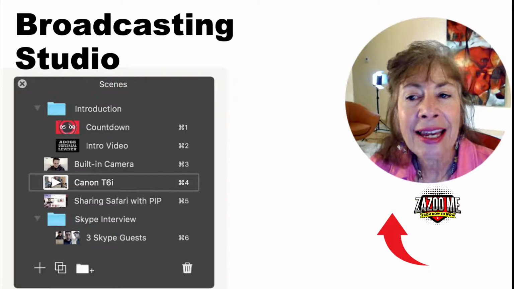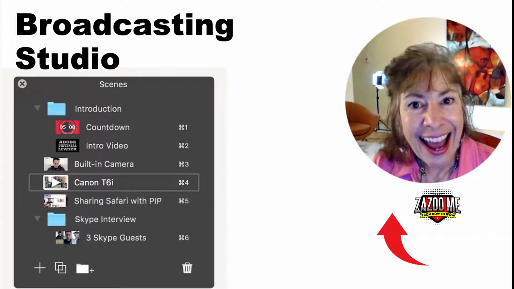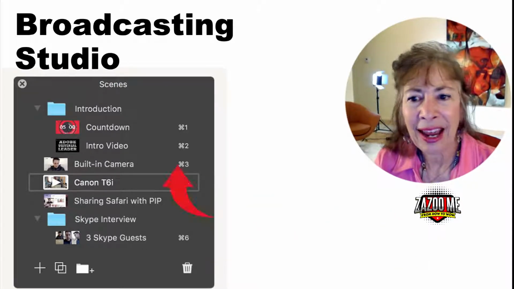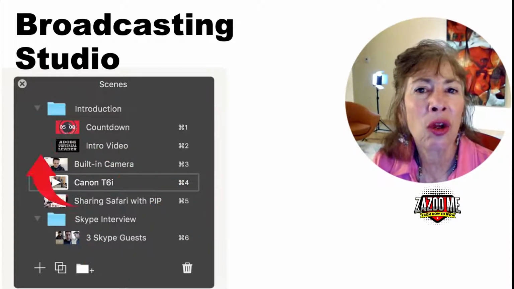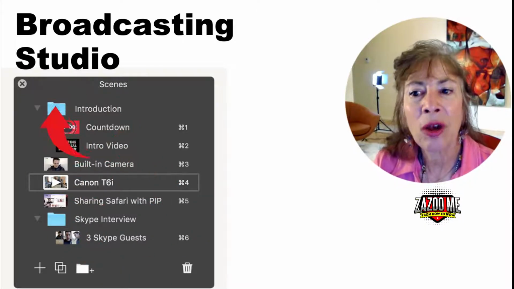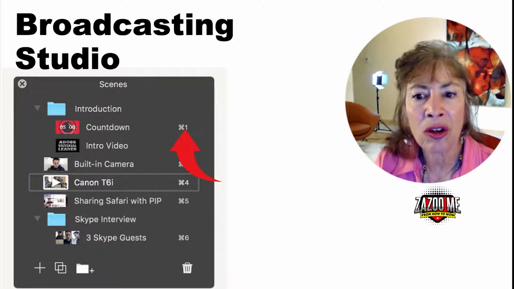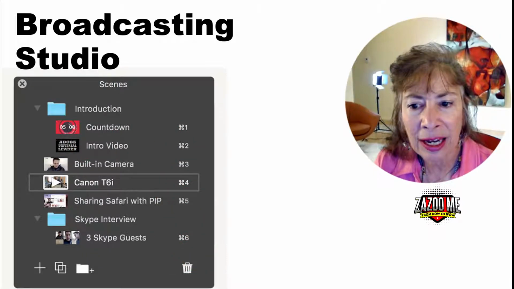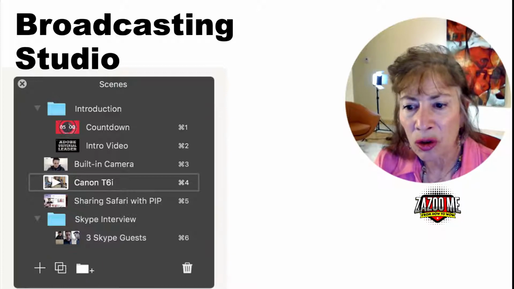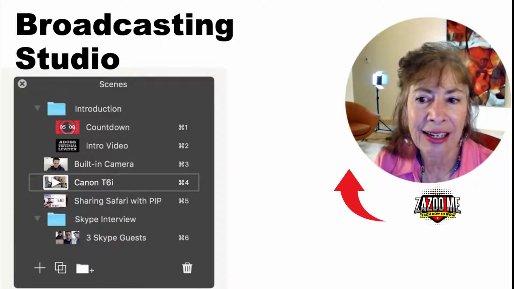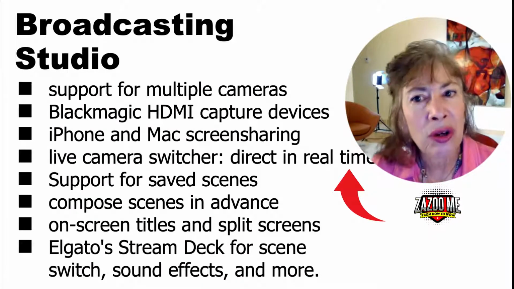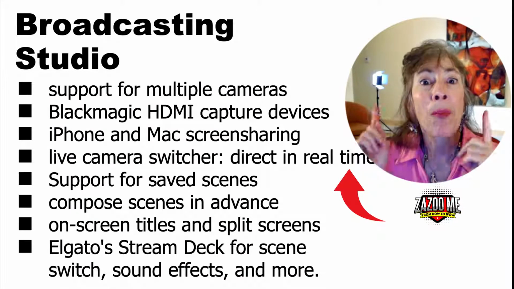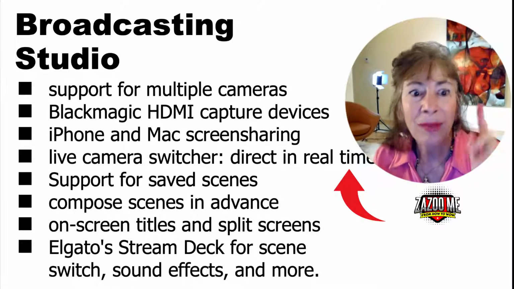Another thing that Ecamm gives you is a broadcasting studio where you can look at all of the different things that are in your studio, and you can use folders and you can use hotkeys. See, these are all hotkeys. You can trash stuff, you can duplicate stuff, you can add additional scenes, tons and tons of things that you can do. Broadcast Studio allows support for multiple cameras at one time. In fact,